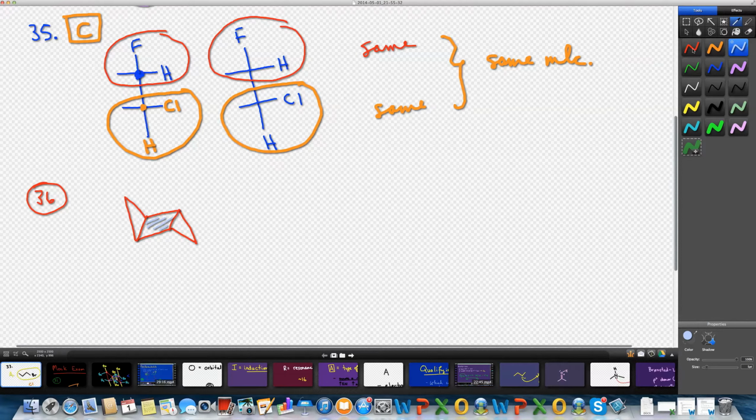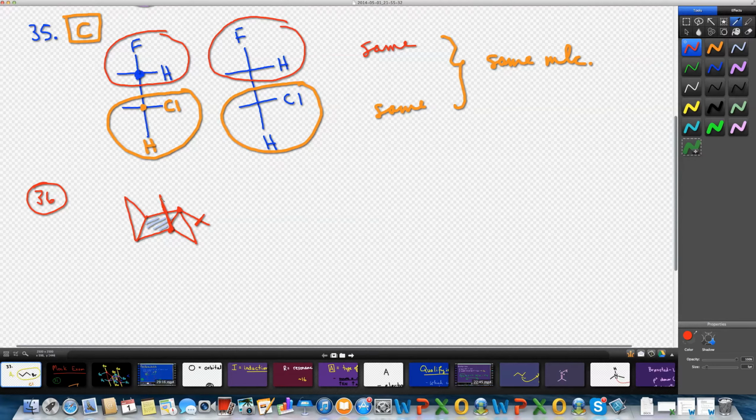I'm going to place my t-butyl group in the equatorial position because it's the biggest, bulkiest substituent. And in the 3 position, the methyl group, since this needs to be trans, the methyl group must